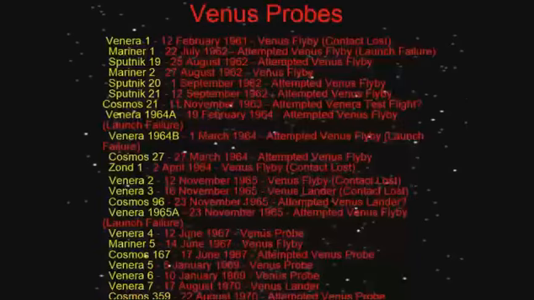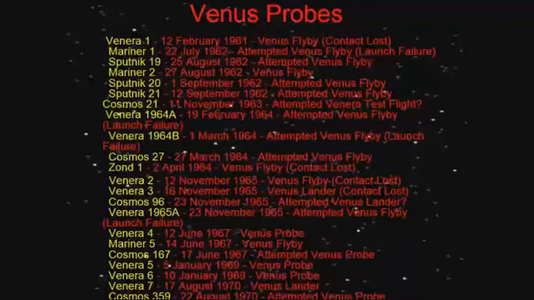So there have been a lot of Venus probes. Not going to go through each and every one. The most successful of them being the Venera and the various other probes that I've already discussed. Russia, or the USSR as it was, sent a lot of probes to Venus and were very successful with Venus, and not so successful with Mars. Russia tended to be far more successful at sending probes to Venus.